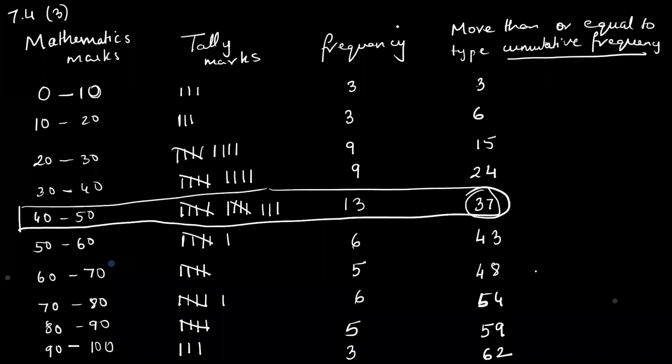Now you understand? Yeah. But is this correct according to the sum I've done? In the sum, have they asked less than type or more than type? More than or equal to type. Correct. So we didn't need to find less than type. I've just explained this to you for explanation. Now I'll explain to you what more than type is also.